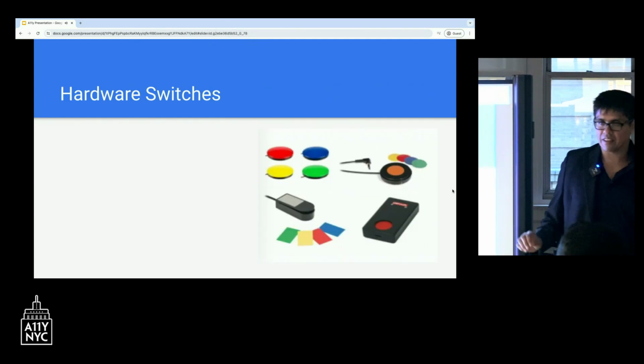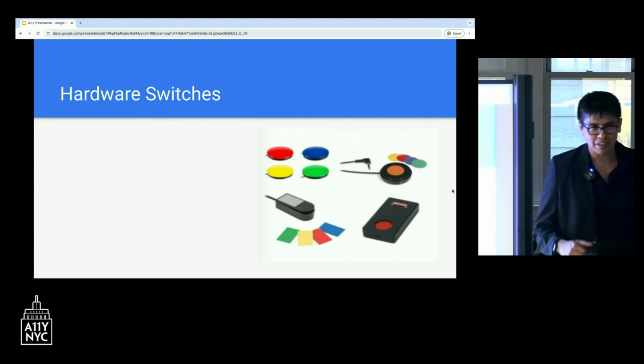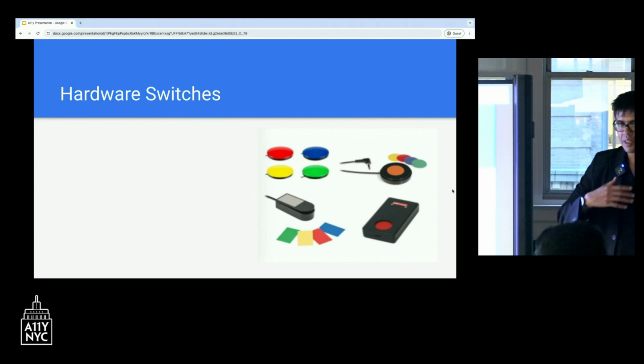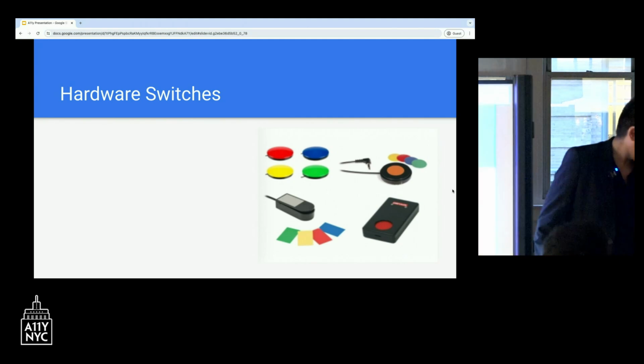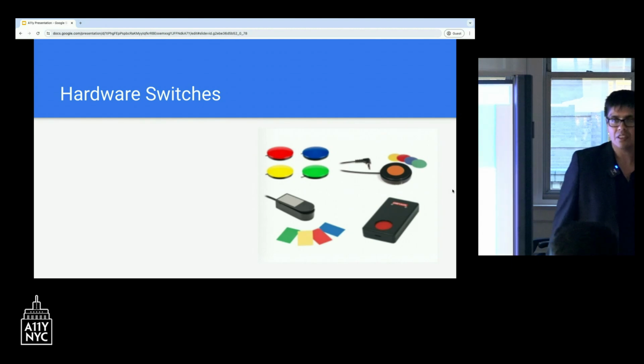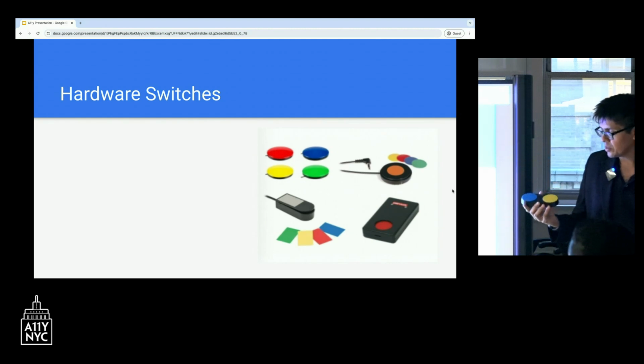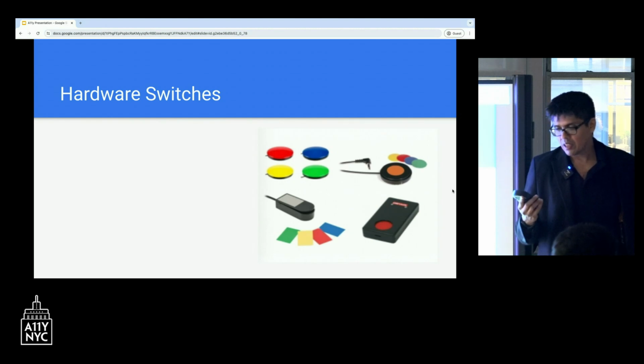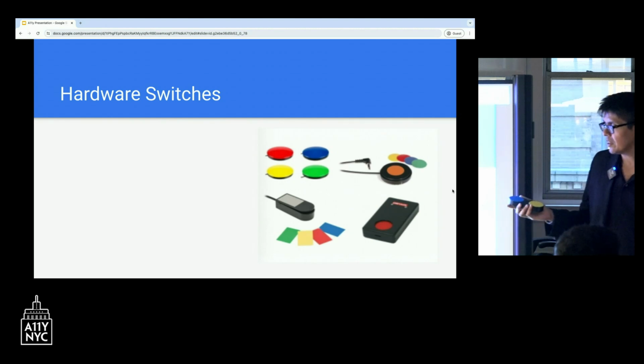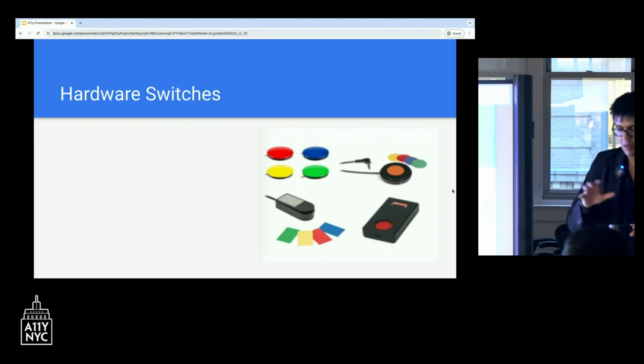So those are the camera switches, and I think they're the most accessible switches because they're available to everybody. Has anybody ever used a hardware switch before? Okay, great. So this is a hardware switch. This is by a company called AbleNet, and the hardware switches are for people who have limited motor ability when it comes to interacting with a device, but they are still able to use at least a device that has very prominent interaction capabilities along with it.